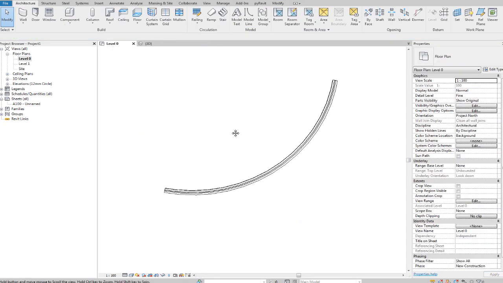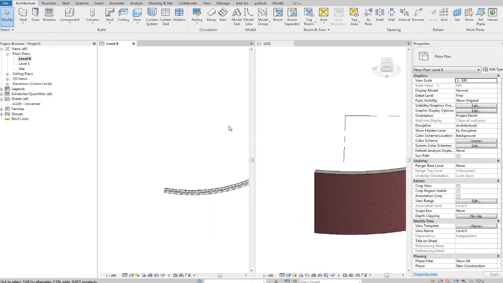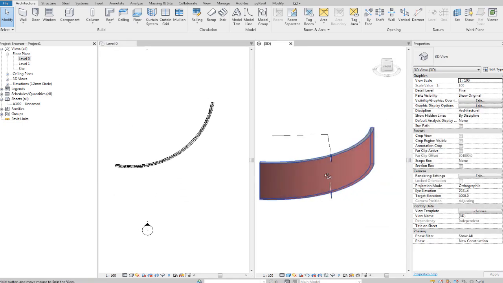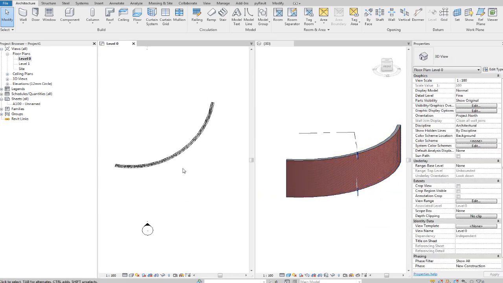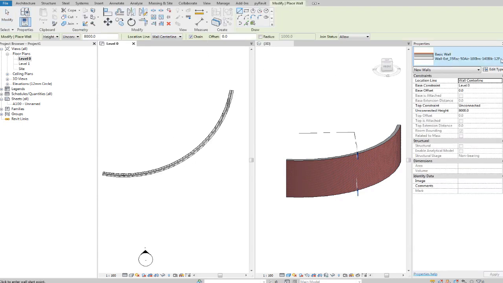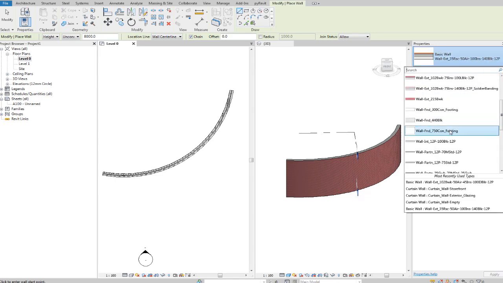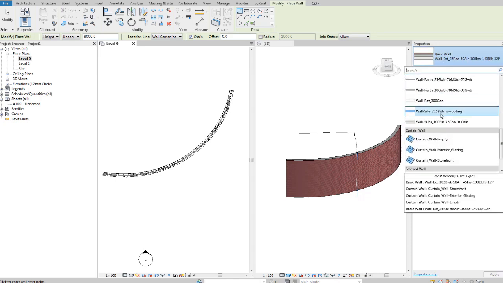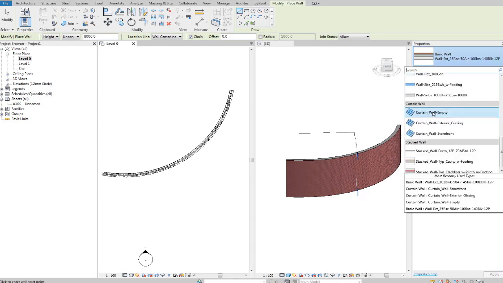Now I'm going to hit WT on the keyboard to split the windows like this, and I want to insert a curtain wall, a curved curtain wall in this. So I'll take the wall tool again and go into properties, and if you go down and select the walls, you'll find curtain wall down here. If you select curtain wall empty, the wall will not curve, so you have to select this one here,